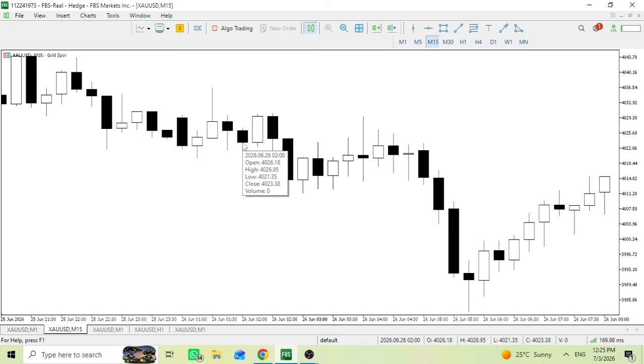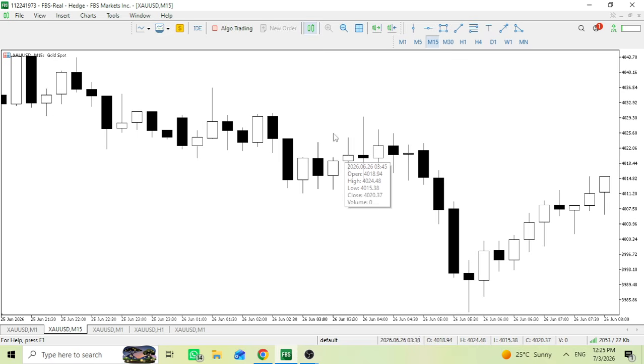4026.95 minus 4021.38. Range for this one is 55 pips. This one, if I take this high minus this low, I'm getting 55 pips. This one is 66. So definitely within from here to here, those are 16